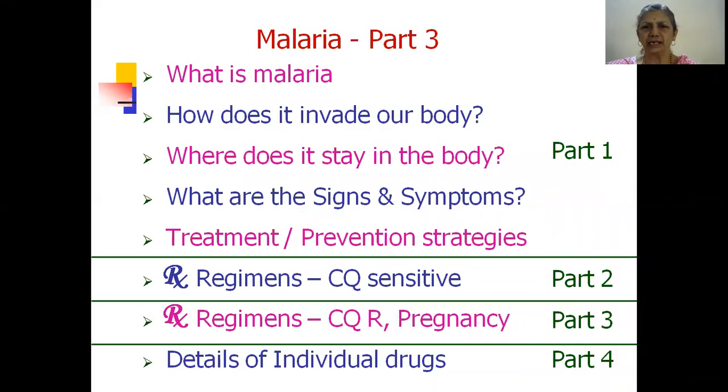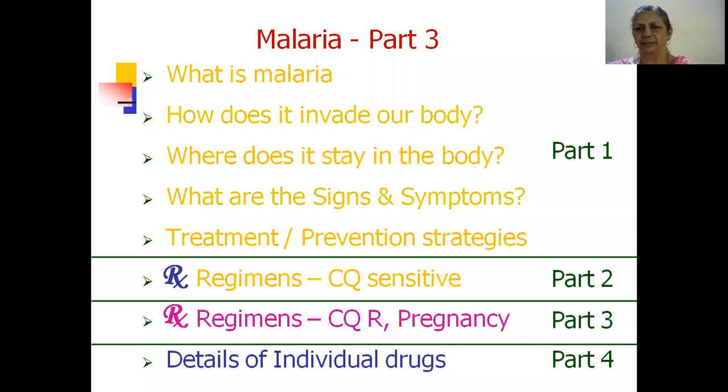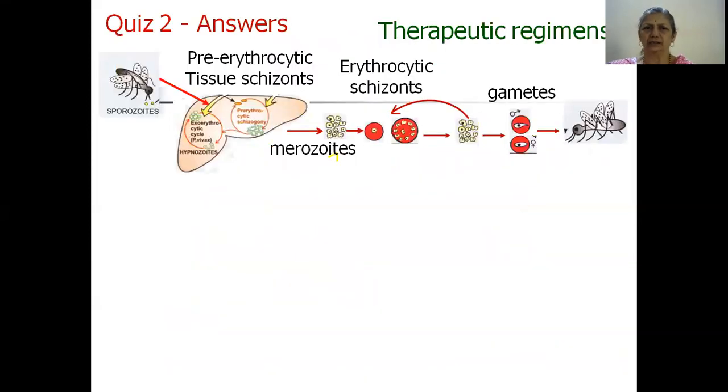We've already tried to understand malaria, understood the treatment strategies broadly, and we have seen the actual drug regimens used for chloroquine sensitive malaria. Before going on to drug regimens for chloroquine resistant malaria and special situations like pregnancy, let us first revise what we did in the earlier two parts by answering the quiz posed at the end of part 2. So the first question was, what is the regimen for clinical cure of chloroquine sensitive malaria,